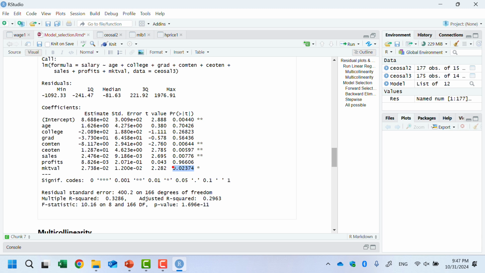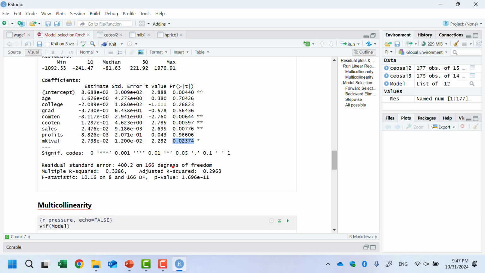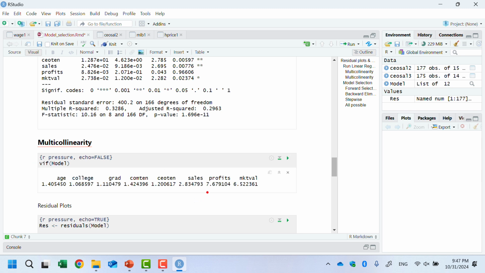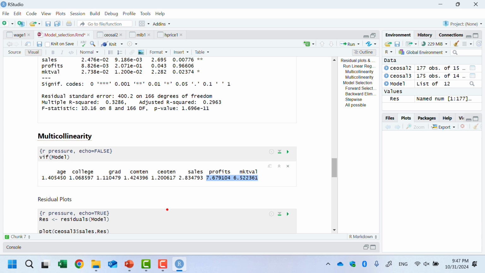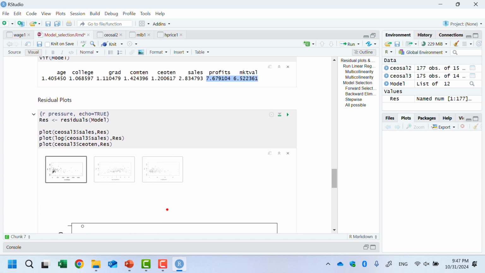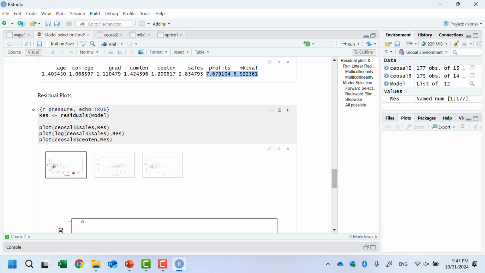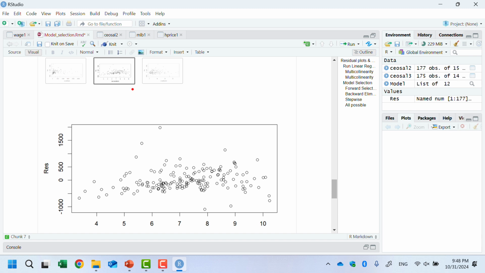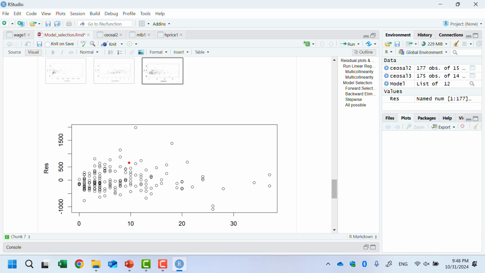So by getting rid of the outliers, we improved our model a lot. Now if you run the multicollinearity check again, yeah, profit and market value still have a high correlation, so we can take it out. And now if you look at the residual plot, we don't have an outlier here, right? It's better.